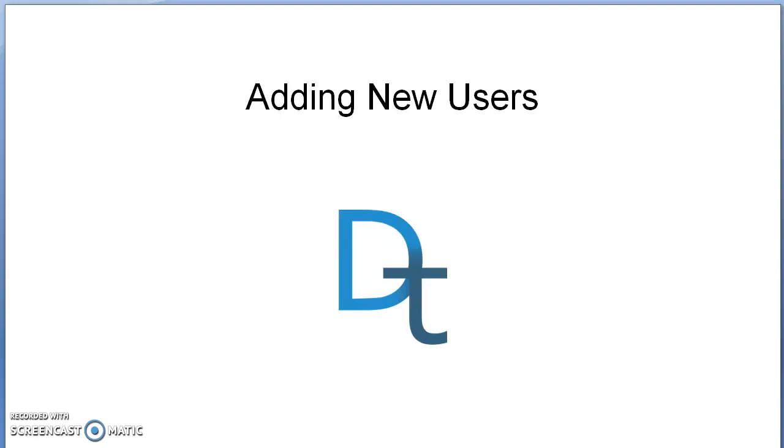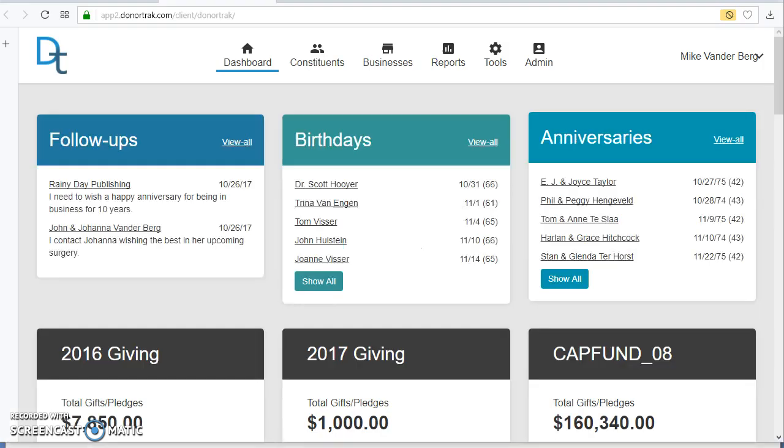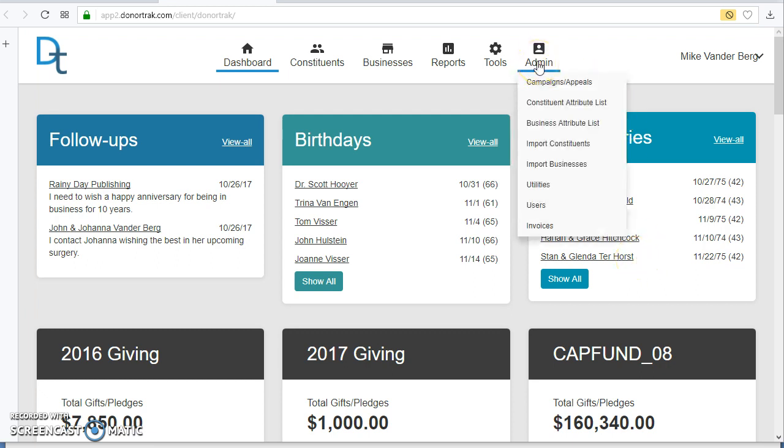During this video segment, I will show you how to add new users for your Donor Trak account. Users are the individuals within your organization that can log in and can work within the Donor Trak software. To add in brand new users,